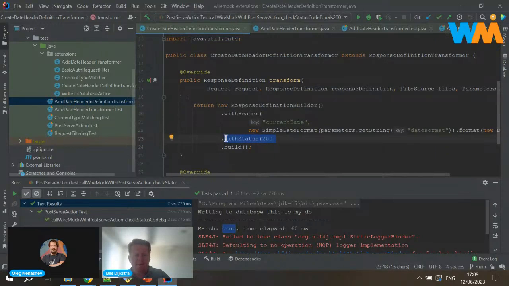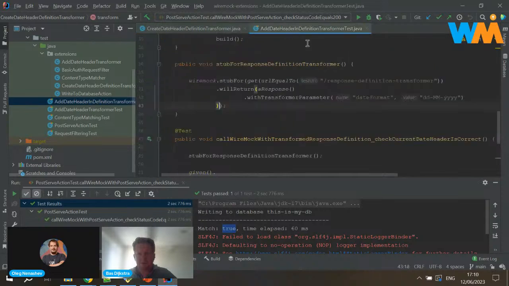So this is just a single place to define the response status code for all response definitions that use this transformer. Let me just close these ones to not confuse myself and you.